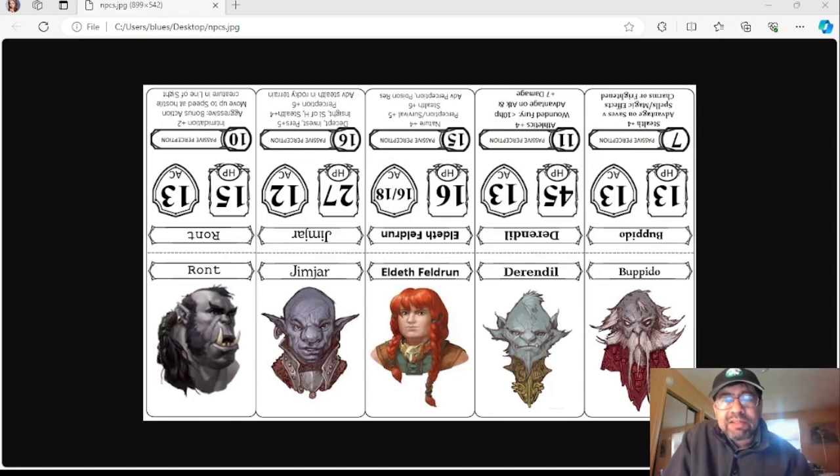You can't really read the stats. I have them here on the screen because they're supposed to fold out. So you're seeing what it looks like on the sheet, and then you fold them out and hand them to the player, and they have the stats on one side and the character pictures on the other side. I think it's a great way to encourage the role playing.